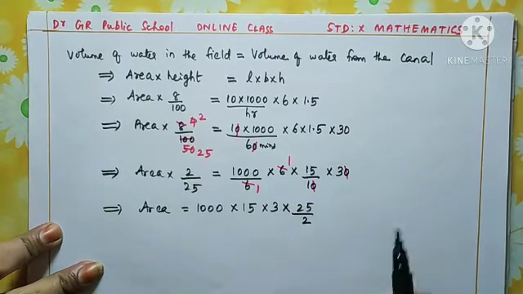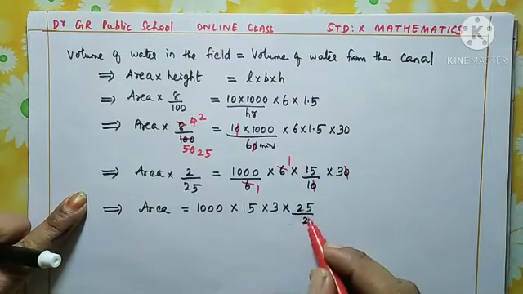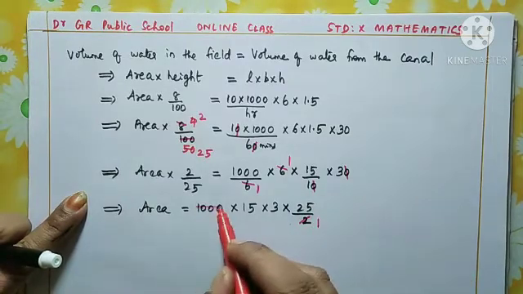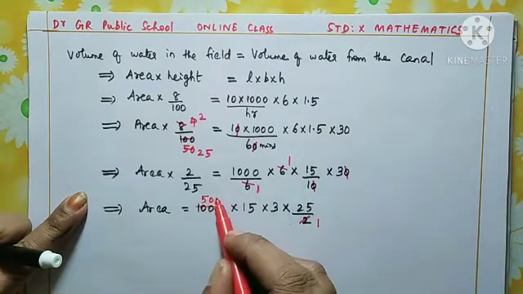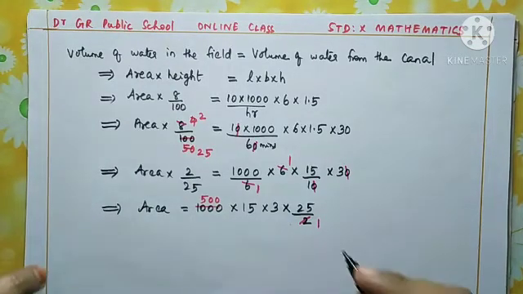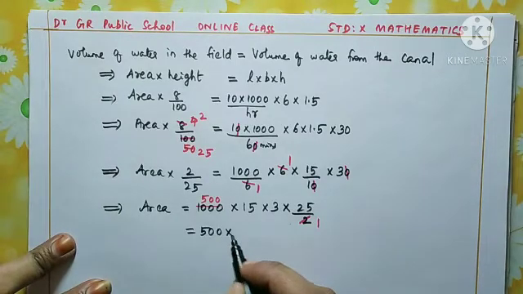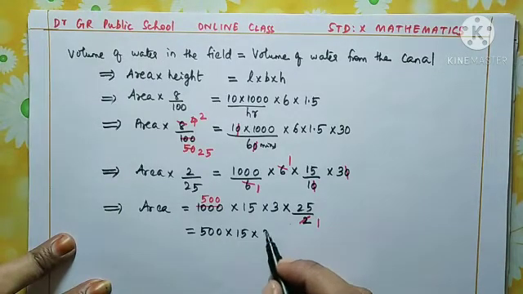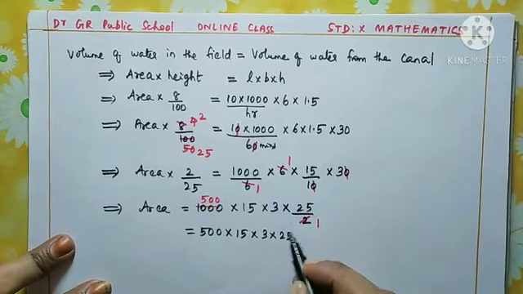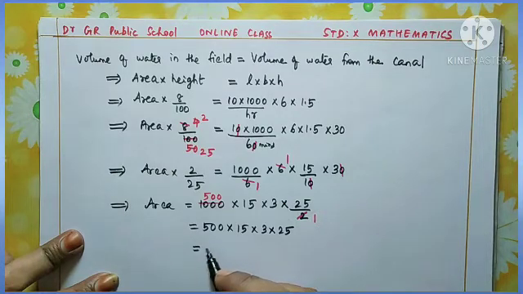Now here also you can reduce this 2 and 1000. 1 2 is 2, 5 2s are 10, 0 0. So the remaining quantities are 500 into 15 into 3 into 25. All of you multiply this in the working column, you will get the answer